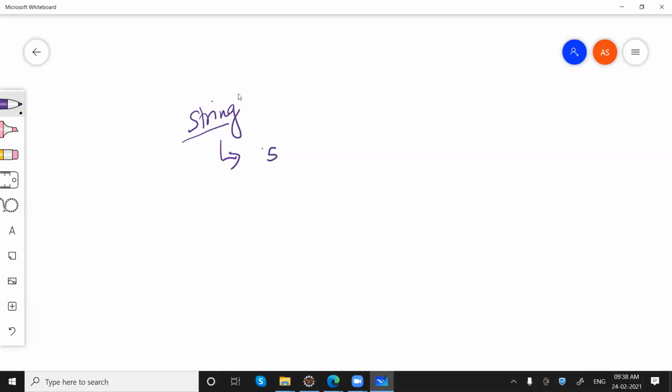String is a class provided by Java. So we can say string is a class that is already written by Java people. We can just use it. Next thing, we can say it's a sequence of characters.